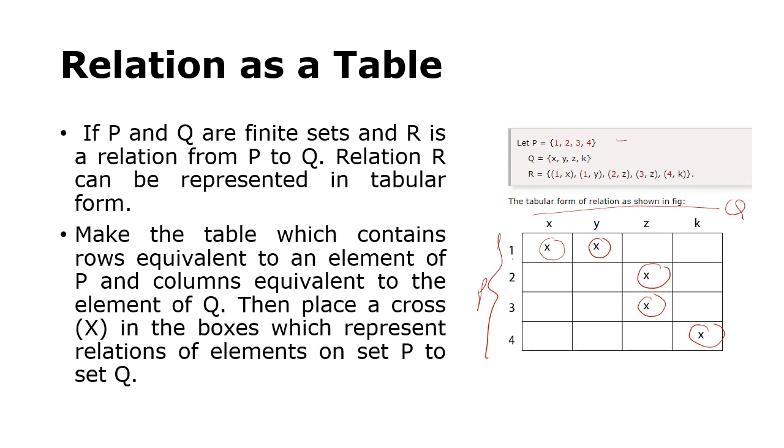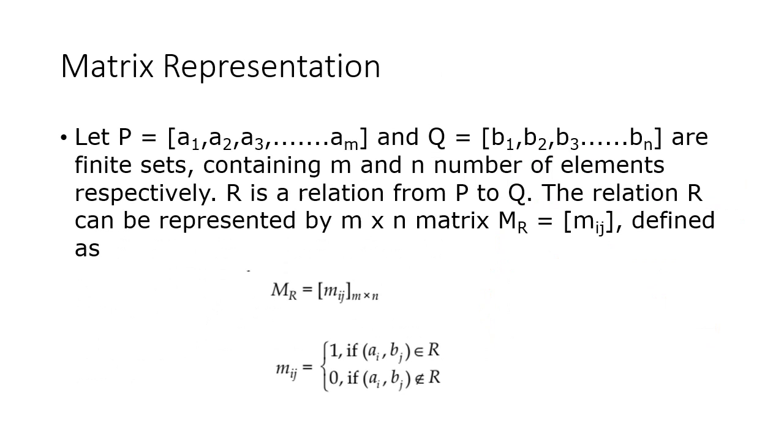The matrix method is quite similar to this one, but it is better in the sense that matrices can be used for further mathematical calculations and other operations. Now, how do we represent the relation as a matrix? Say, for example, P is equal to A1, A2, A3 up to Am and Q is equal to B1, B2, B3 up to Bn. Let us say these are the two non-empty sets which contain certain elements. Very important thing, for representing, these non-empty sets should be there, because how are you going to represent an empty relation?